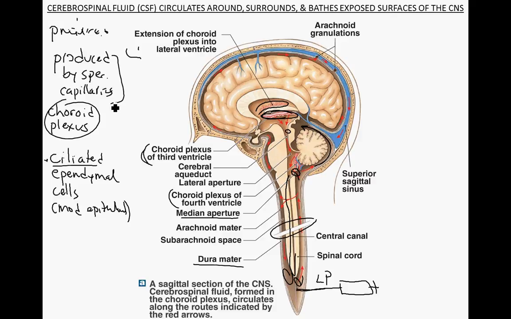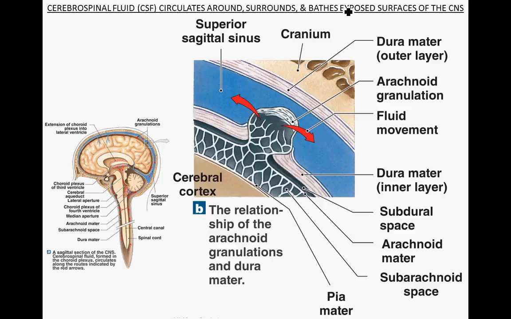One final structure we want to point out here is that the cerebrospinal fluid then is returned to the bloodstream at these arachnoid granulations, right here. So if we go into the next image here, we're going to zoom in just on those arachnoid granulations. So we're looking here, and what we see first is the Dura Mater. Here is the meningeal layer. Here's the periosteal layer. And so we have the superior sagittal sinus, and this sinus is a modified vein,